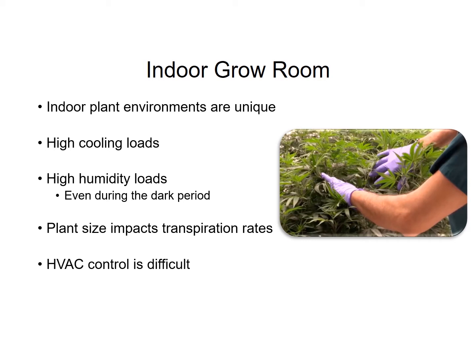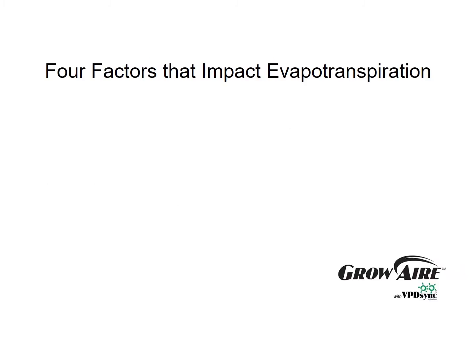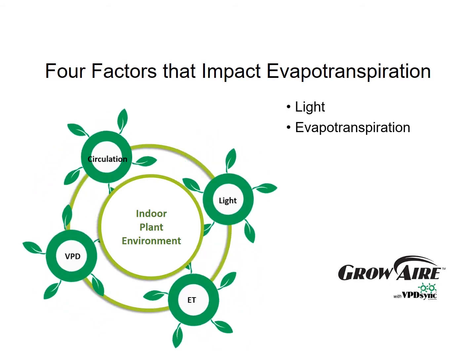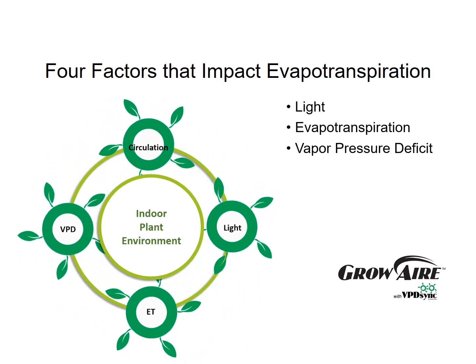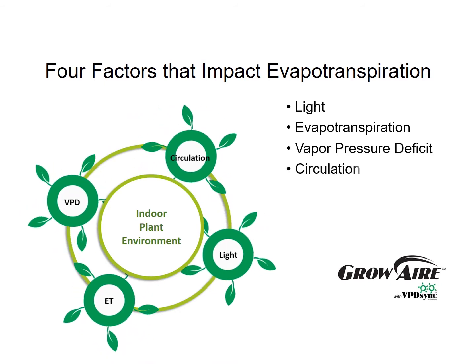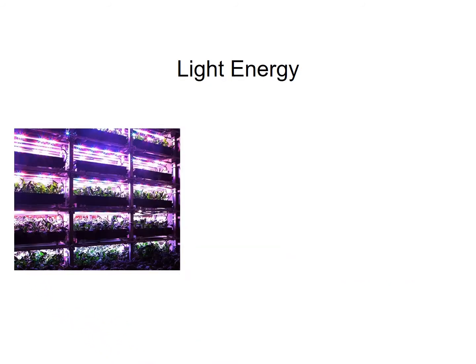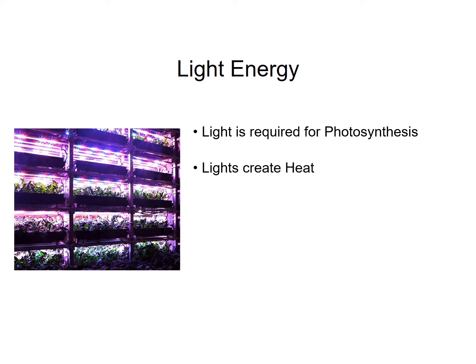An indoor plant environment has many factors that need to work together to achieve this optimal environment. There are 4 main elements that must be in sync in order to provide this indoor environmental control. The main driver for plant growth is light energy, as it provides the energy to convert the carbon dioxide, water, and nutrients into organic compounds.